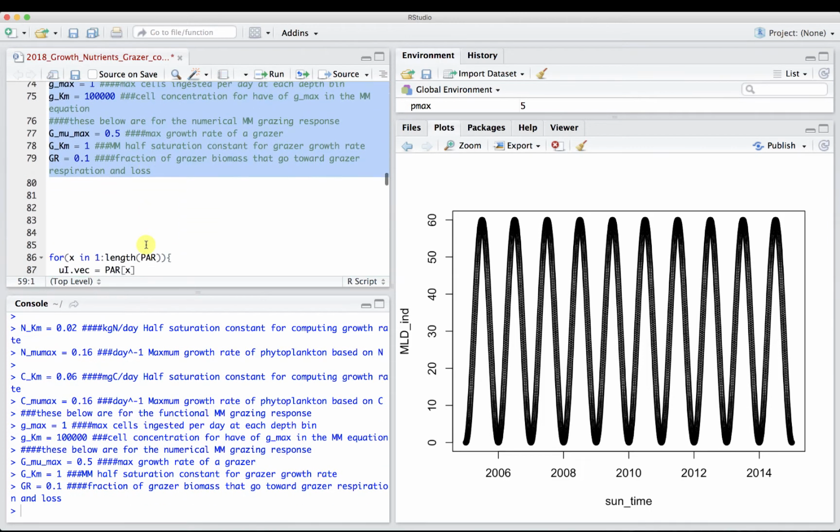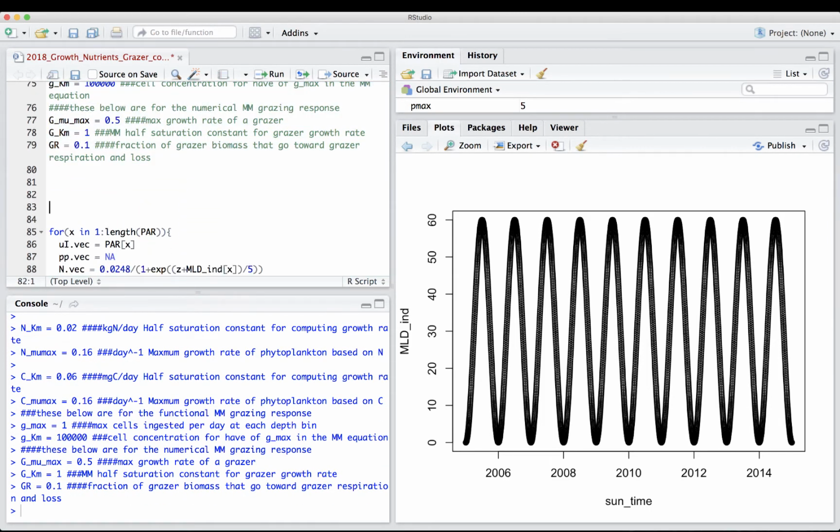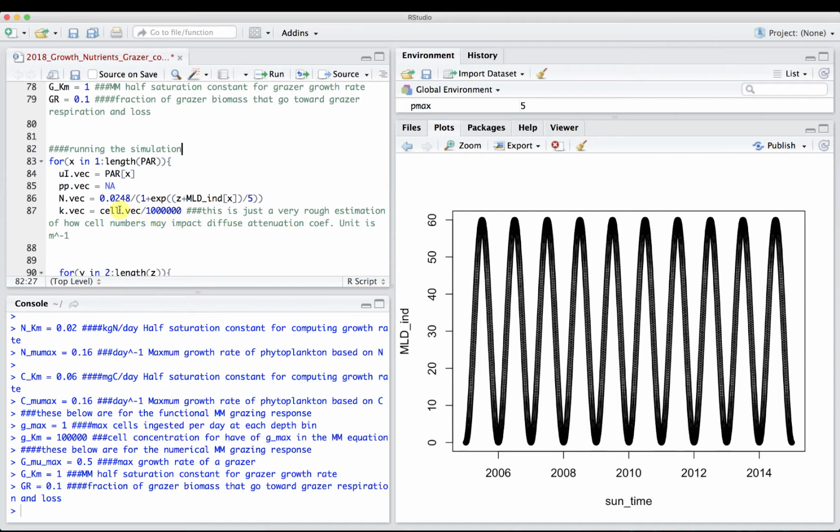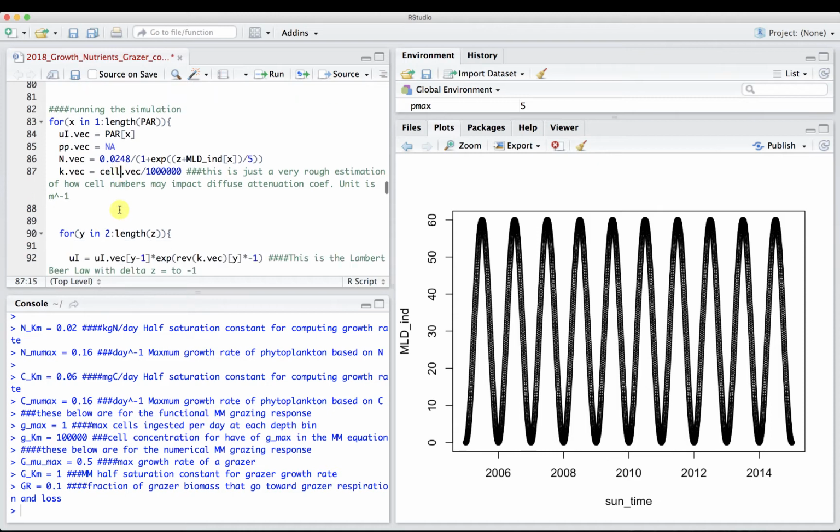All right, so these are all constants that we're going to fix here in our simulation. And now we get down to the loop that is actually running the simulation, and we need to edit a couple things in here. What do we need to edit? Well, here's our NVec, our KVec. Is there anything else that we need to add in here before we get down to,